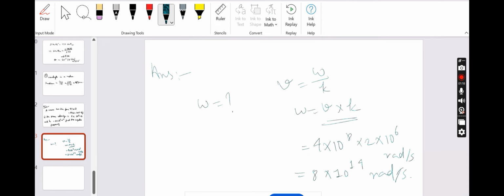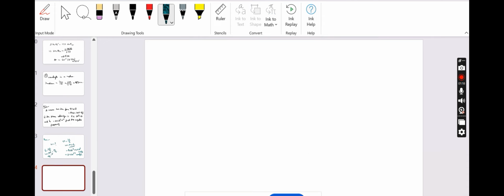They are very simple. We need to know these formulas. k is equal to 2 pi by lambda, omega is equal to 2 pi nu, or 2 pi by tau, and omega by k is equal to v. Those things. Another thing was